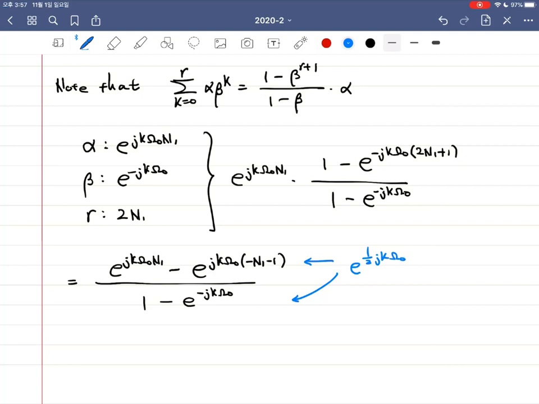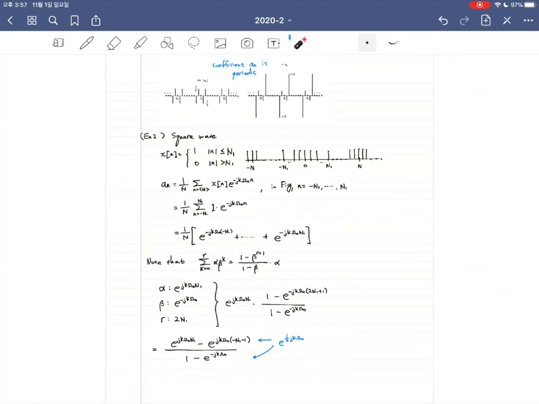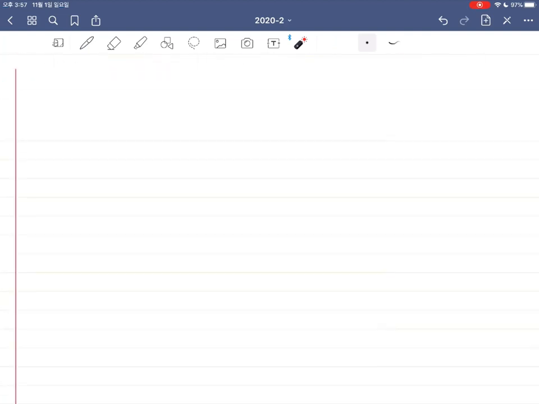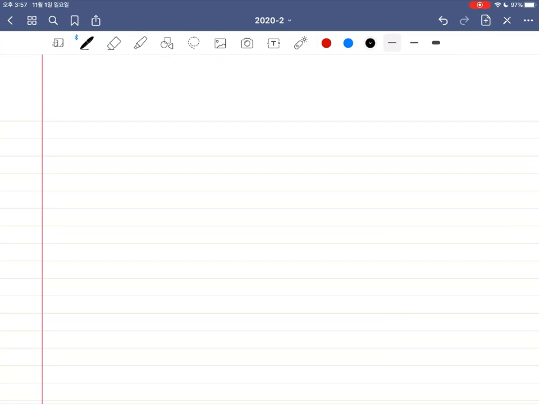So please follow me on why I'm doing this. I'm moving to the next page, but you can still write down on the bottom of the recent equation. So if I multiply both by e to the 1/2 of jk omega 0, then this equation becomes